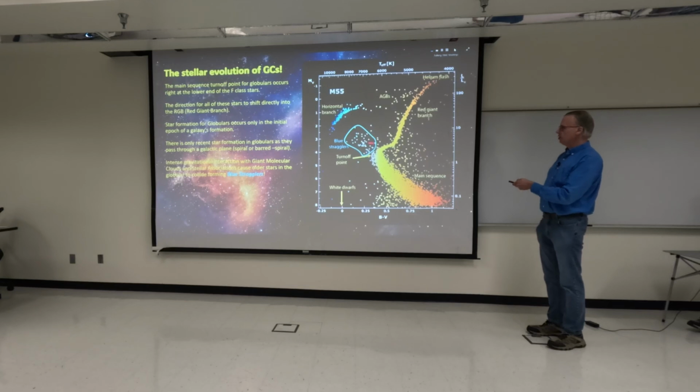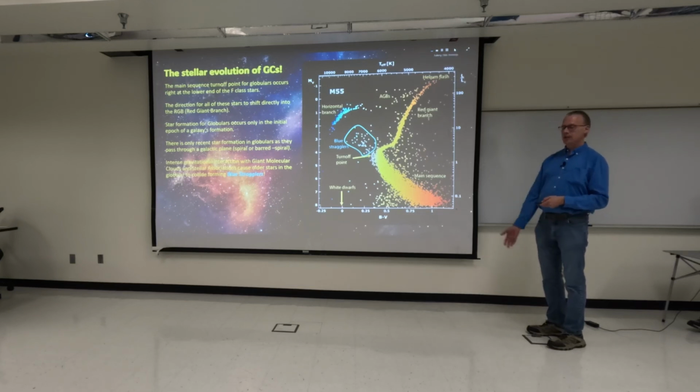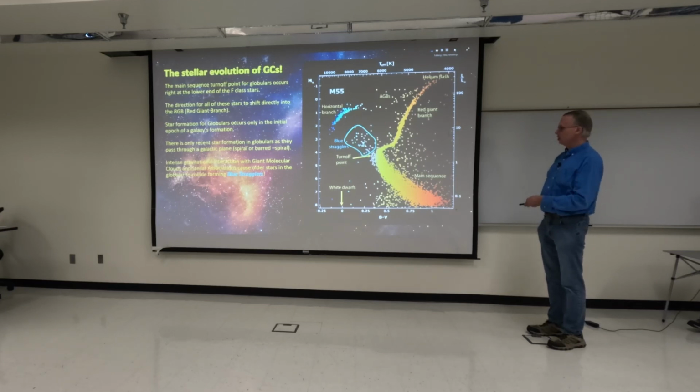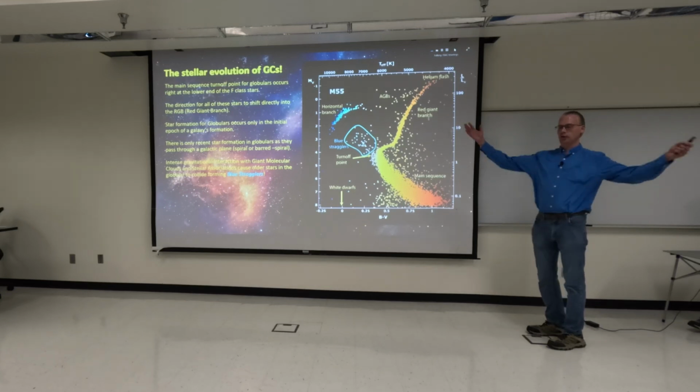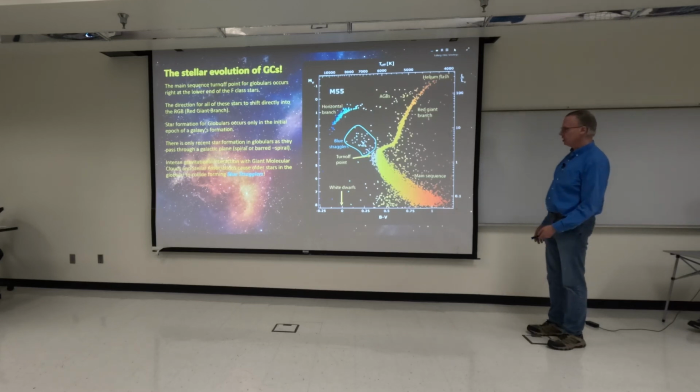Any recent formation in the globular clusters beyond the initial formation at the beginning of the galaxy will usually occur as they're passing through the spiral arms, because all that formation happens within the first 2 billion years of a galaxy, and then there's no more star formation in those globular clusters after that. Anything that occurs is when these globular clusters are passing through the galaxy, and it's usually the interactions of giant molecular clouds and the big stellar associations that have hundreds of millions of stars.